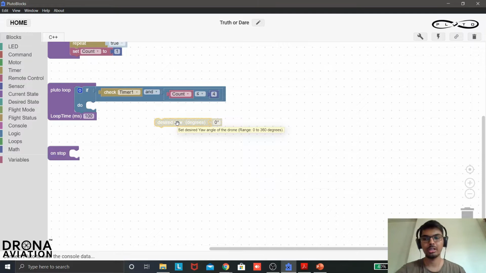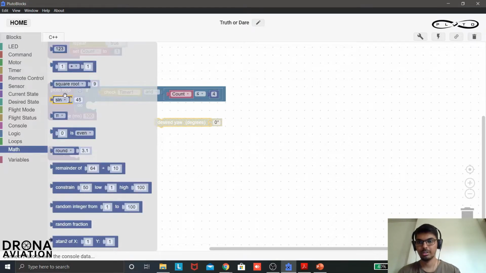So remember that the bottle used to spin in a sequence, right? The bottle will not randomly spin that it is pointing this and suddenly it points this. No, the bottle will spin in a sequence. The random factor in the traditional game is the amount of time for which the bottle spins, and this random factor for our project will be the direction at which the drone will spin. So first what I will do is I will generate a random number.